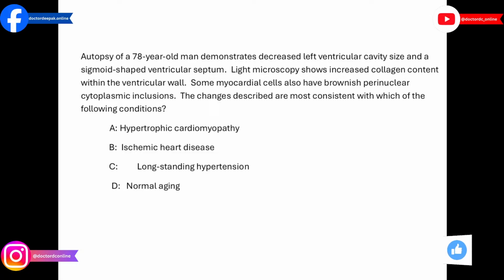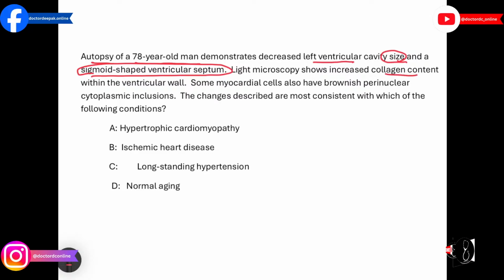Today we are going to start MCQs from the viewers regarding aging. The first MCQ: the autopsy of a 78-year-old man demonstrates decreased left ventricular cavity size and a sigmoid-shaped ventricular septum. Light microscopy shows increased collagen content within the ventricular wall. Some myocardial cells have a brownish perinuclear cytoplasmic pigment. The changes described are most consistent with which of the following conditions: hypertrophic cardiomyopathy, ischemic heart disease, long-standing